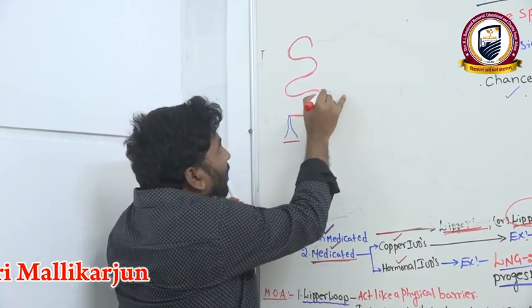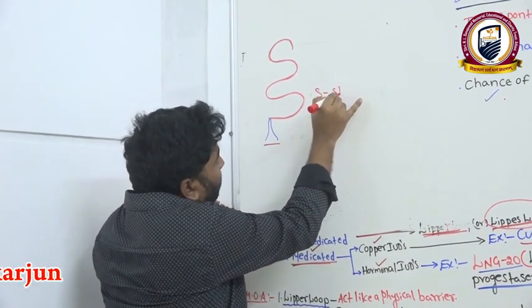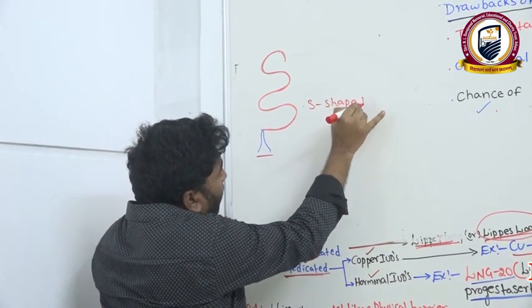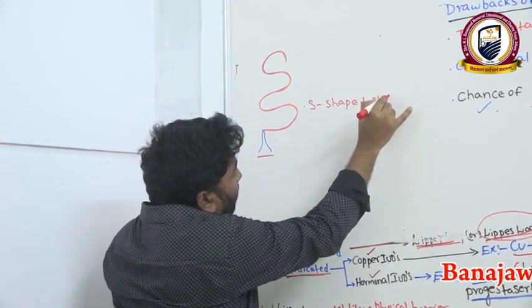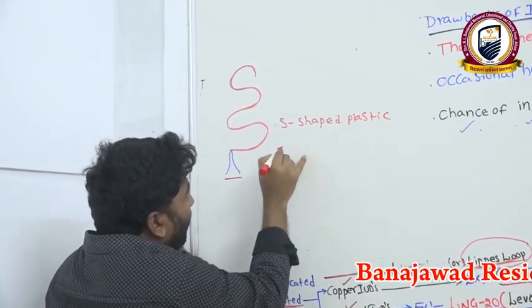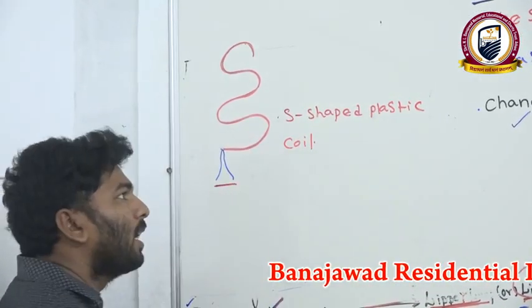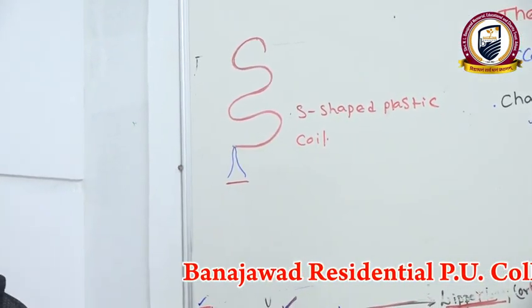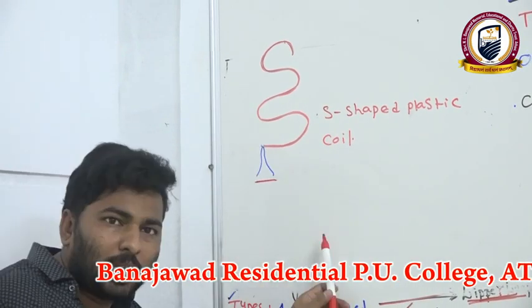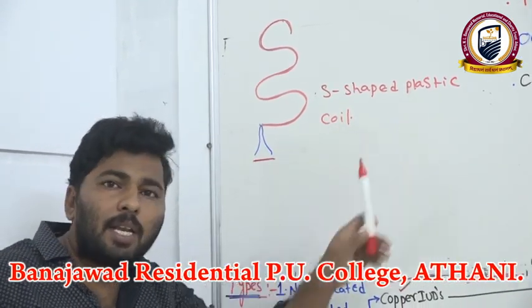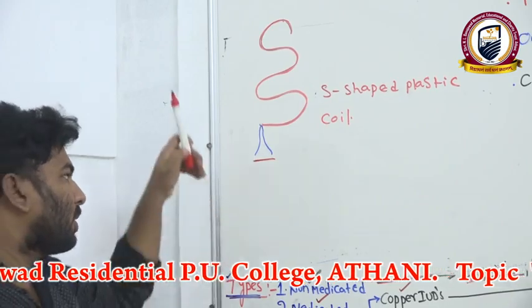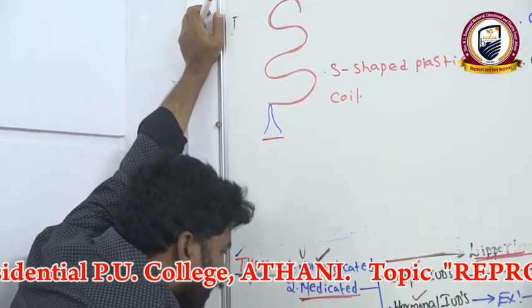Actually, it is the double S-shaped plastic coil, or plastic tube, we can say. How does it work? How is it going to prevent pregnancy? If you see here, the mechanism of action